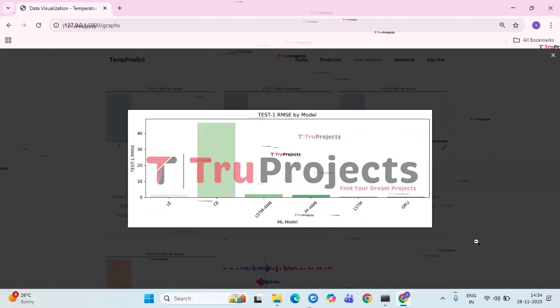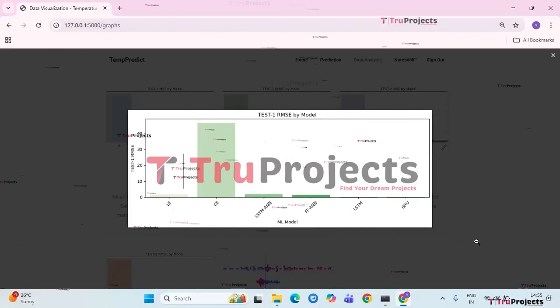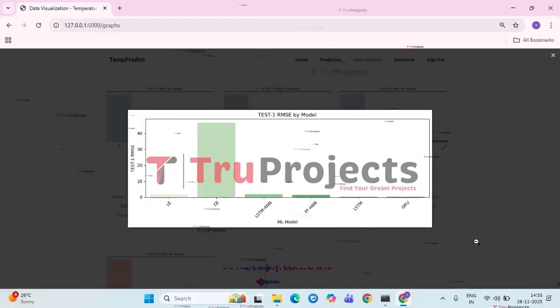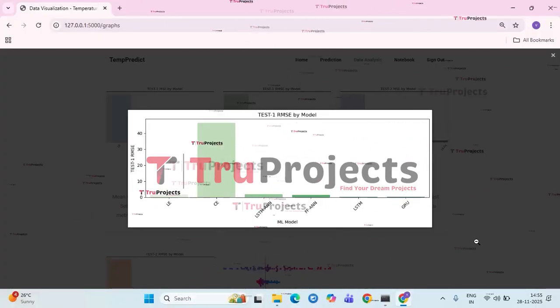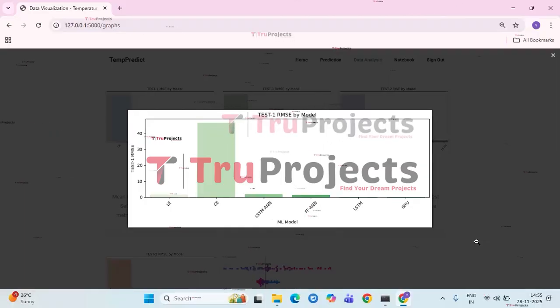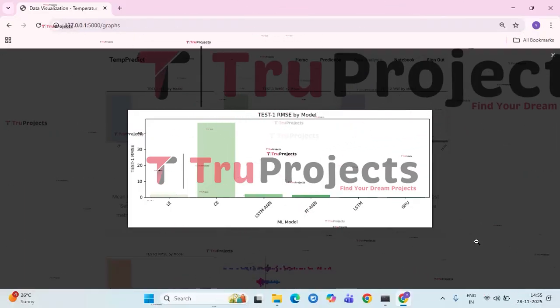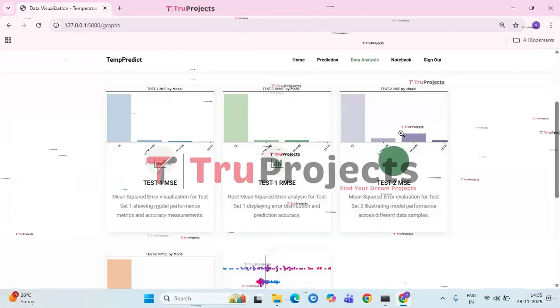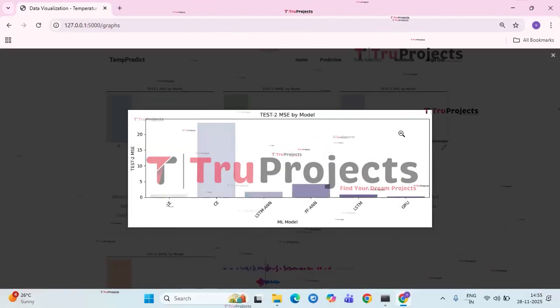Models such as GRU and LSTM display very low RMSE, reinforcing their ability to generalize well on sequential data. The LSTM-ANN and FFANN models perform reasonably, but not as well as pure sequence-based models. Similar to the test 2 results, this graph highlights that deep recurrent architectures maintain superior accuracy, while the CE model continues to underperform dramatically. Next, we have test 2 MSE graph.